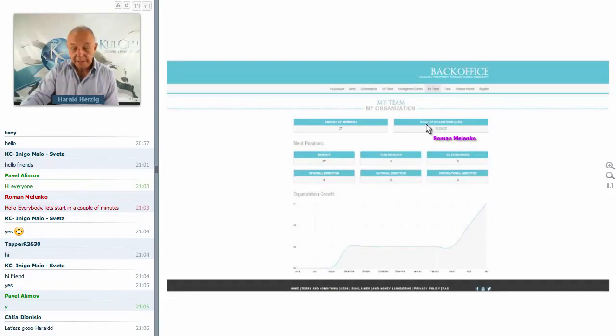You have here a number which shows you the total of acquisitions in your organization. Then you see here how many of the 27 are members, how many of the 27 are team leaders, how many of the 27 are sales managers, and so on and so on. And here we just have a little graphic which shows you when your organization is growing, and so on. So it's just a nice